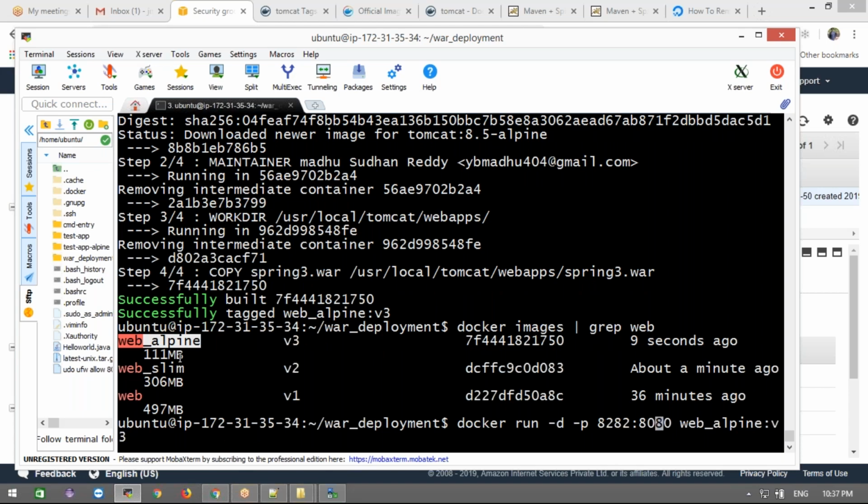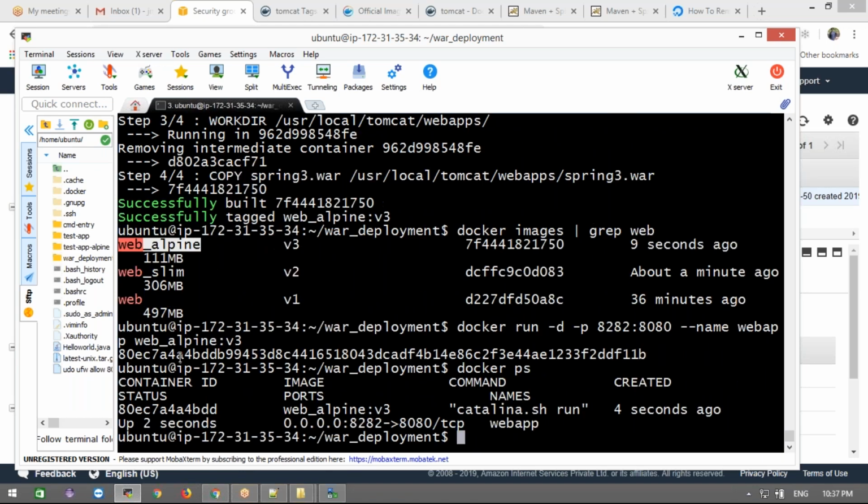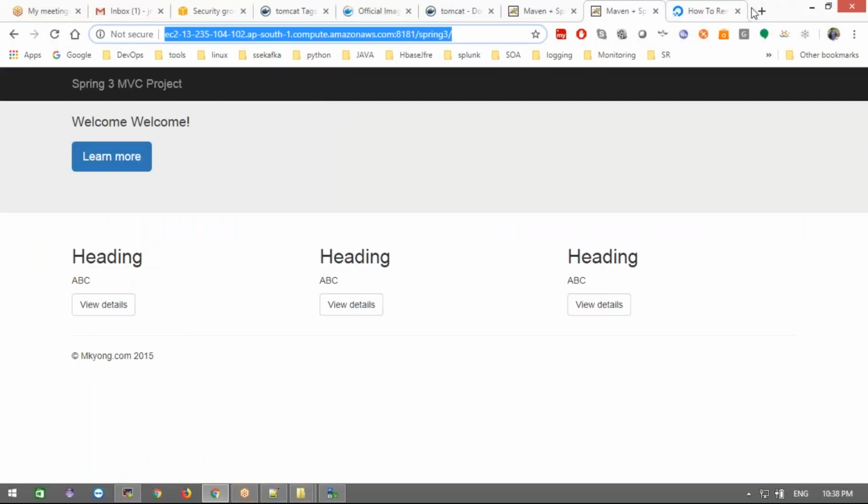And then I'm going to give my container name, web app. Let it run. Okay, just check docker ps. Yeah, it's running. Now just access the same application using the 8282 port.